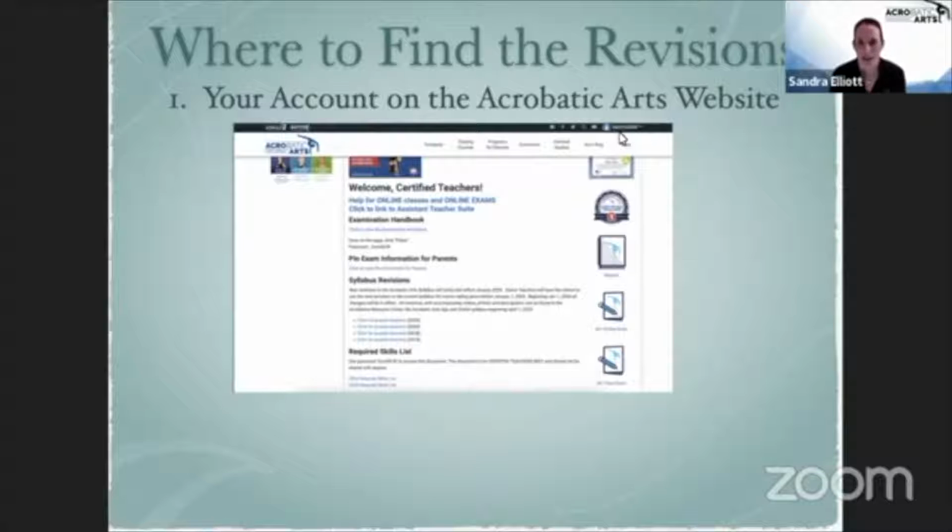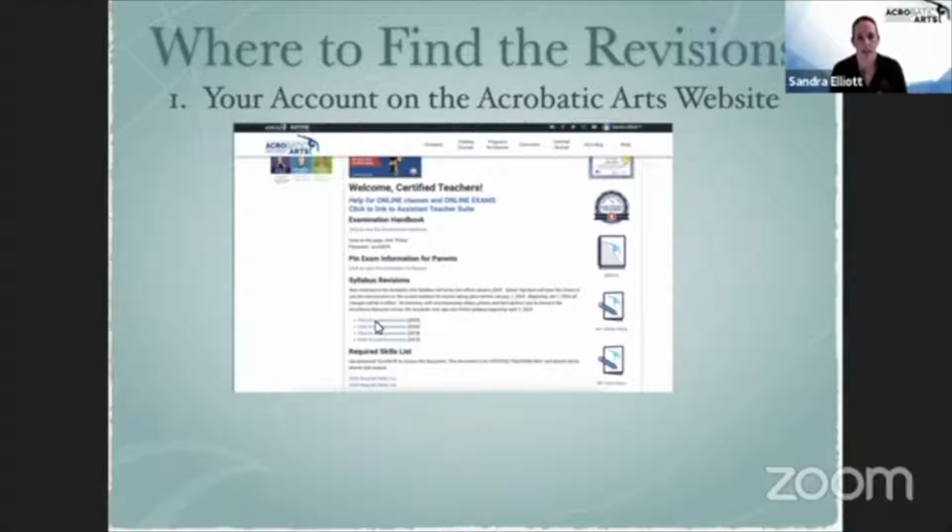You're going to go to your name and log into the account, pull down the drop-down menu, go to your certifications and trainings, and then click on Module 1, and you'll come up to this page, which is essentially the certified-only section of our old website. It's all going to be right here on your account. The actual revisions themselves you'll find in 3 places on this page. You'll see a list called Syllabus Revisions, and this is not just the 2024 syllabus revisions, but all of the revisions that we've done in the last several years.